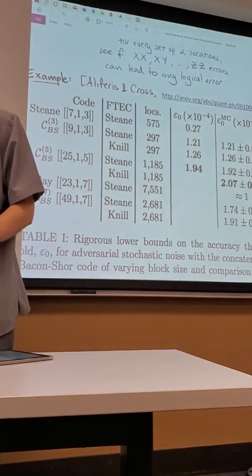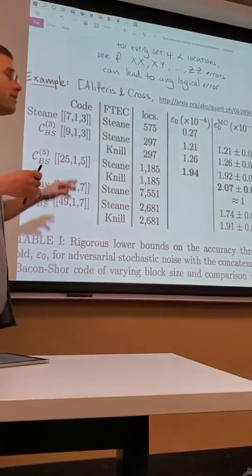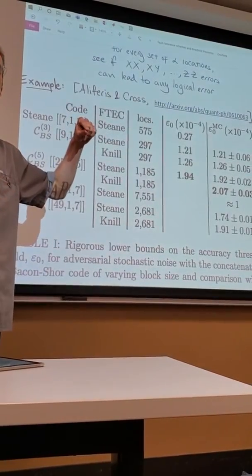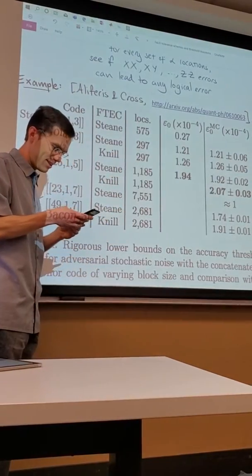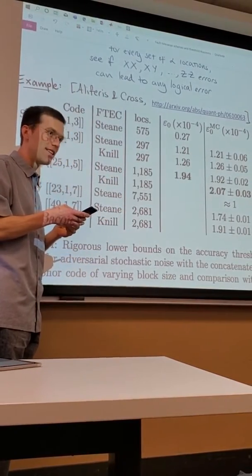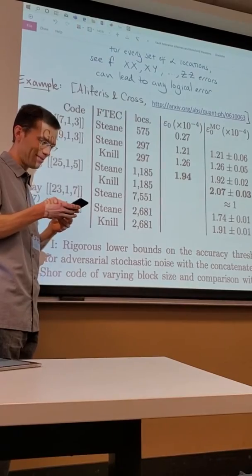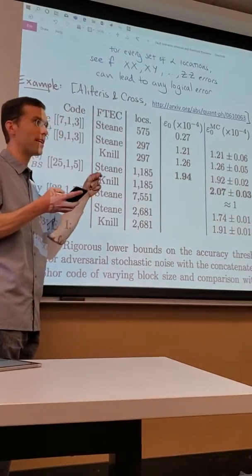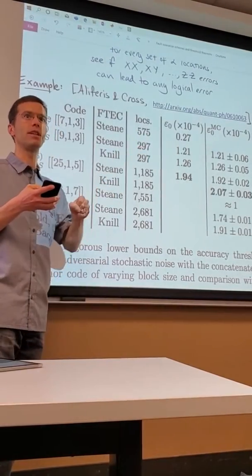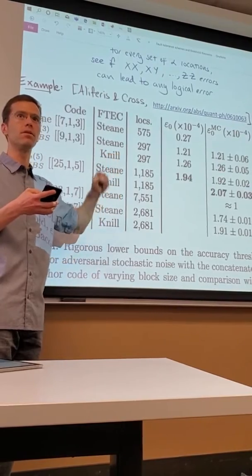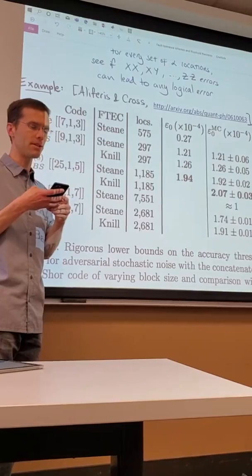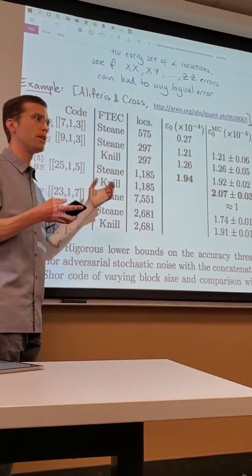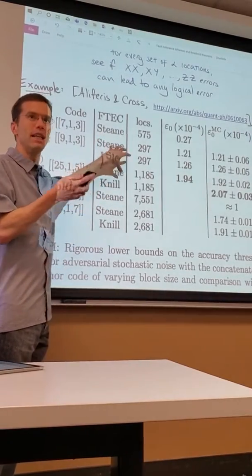Here, let's do some math. You have 7 CNOT gates for the transversal CNOT, and so what's 575 minus 7? 568. All right, so that's 568, and that should be for 4 error corrections, because the 2 before and the 2 after. So 568 divided by 4 is 142. So 142 is the size of 1 error correction for the 7-1-3 Steane code.